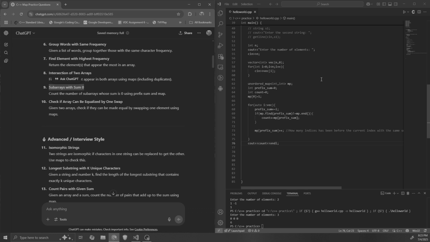So, first thing to notice is the basic condition that we have for solving this question that we are supposed to know is that whenever you are doing prefix sum, so you are continuously adding elements one by one, and at each index you will be checking for two possible conditions. First is if the sum is itself 0, then in that case, since the 0th index till this index, we have a 0 sum subarray, you can say,